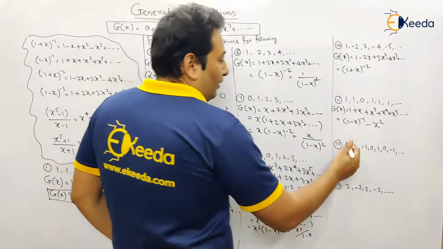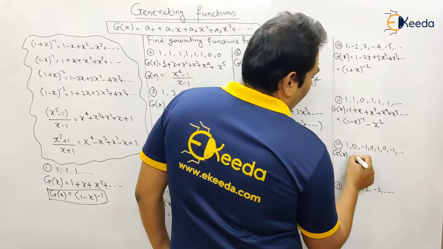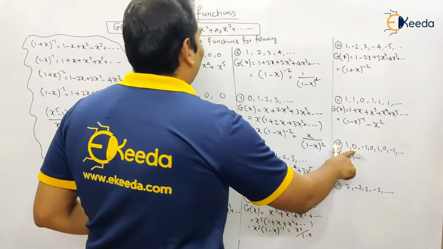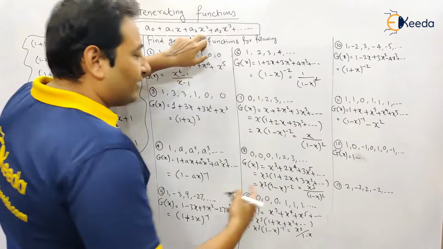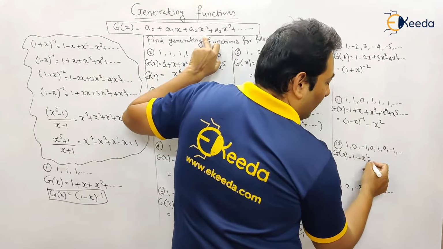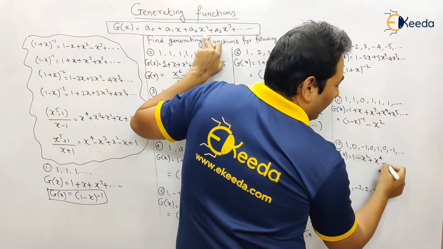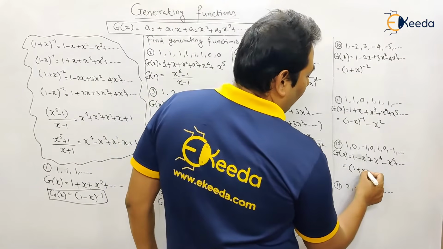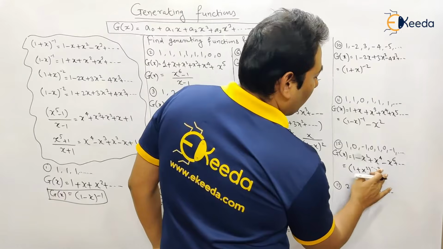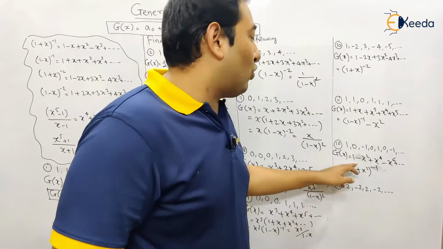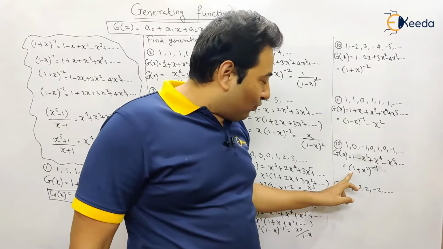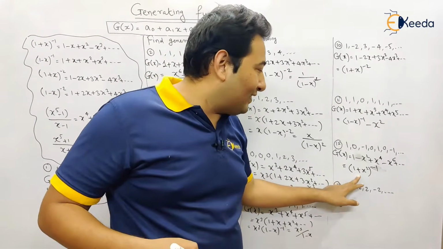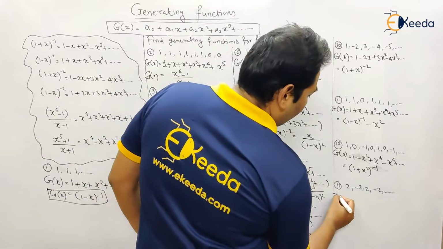Next. Sorry, it will start with 1. The second term is 0, so it is gone. Minus x square, x cube will be gone, x raised to 4, x raised to 5 will be gone, x raised to 6, and so on, with alternate plus minus. So this is the series. Since it is alternate plus minus, it has to be plus and minus. So it's 1 minus x square. Next time x square is square, that is x raised to 4. Then x square cube, that is x raised to 6, and so on.